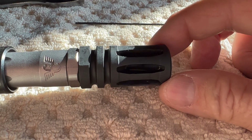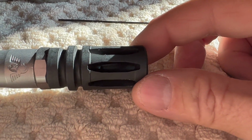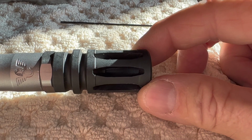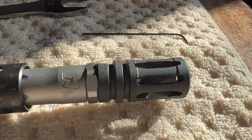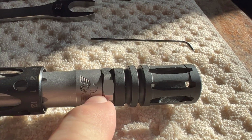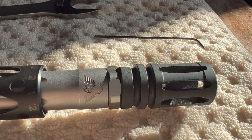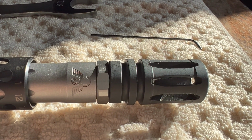5 slots, there's 1, 2. That 3rd slot needs to be in the center, but you can see that it's kind of loose. Now I could just take the jam nut from here and tighten it up, but like I said, I've got a little bit of OCD, and my goal is to try to keep the gap back here to a minimum